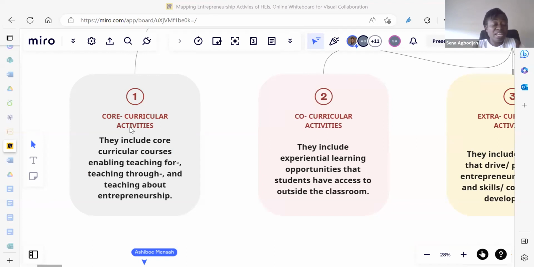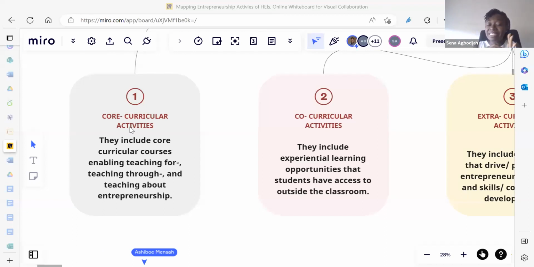And learning about entrepreneurship. And then there are courses that would use entrepreneurship as a tool, right? So for example, courses that have us using entrepreneurship cases, right? And these could be live cases or they could be documented cases, but we are teaching through entrepreneurship because we are using entrepreneurship as a tool.